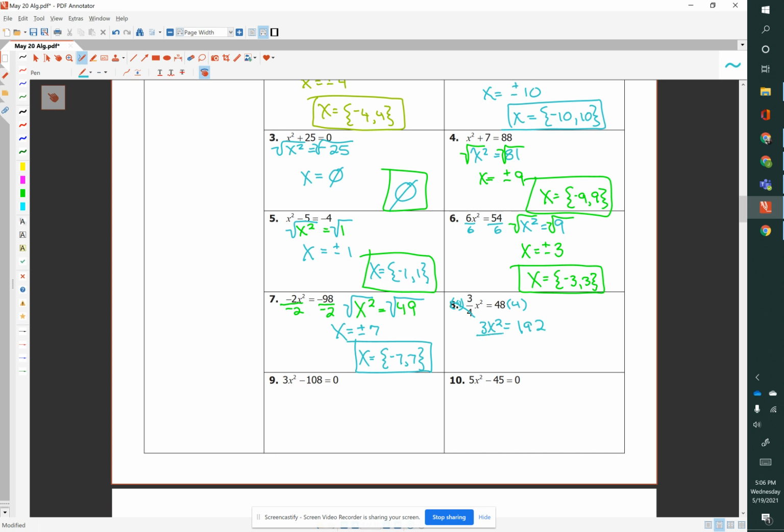And then we're just going to immediately divide that by 3 to give us x squared equals 64. And then we'll take the square root of each side, and x equals plus or minus 8. And in set notation,